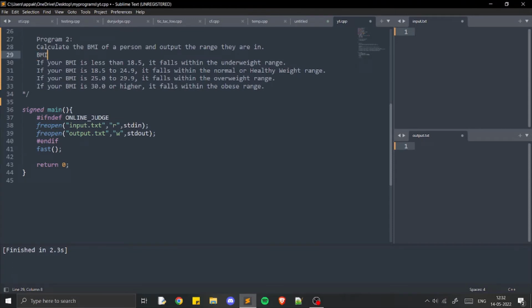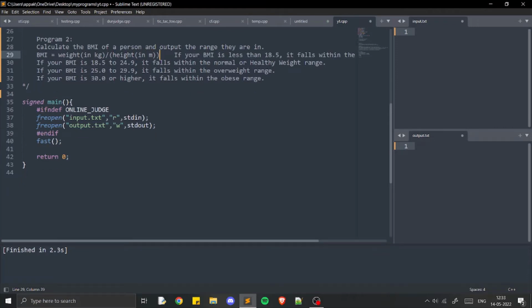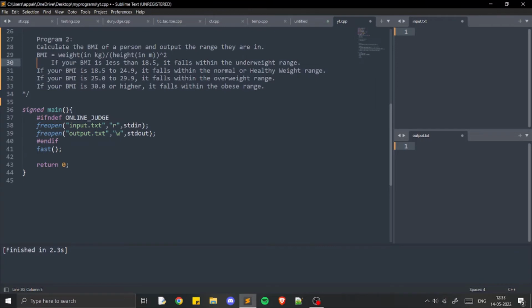So first let us see how we can calculate the BMI. The BMI calculation is as follows. The BMI is equal to weight in kg divided by height in meters to the power 2. So it is basically kg per meter square. Okay, so now let us write the algorithm for this code. I would recommend you do it on your own first and then use the algorithm. The algorithm would be